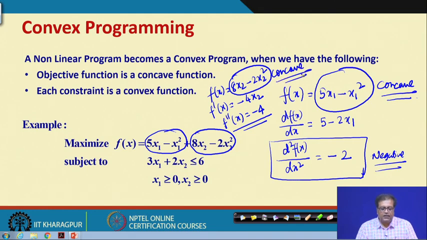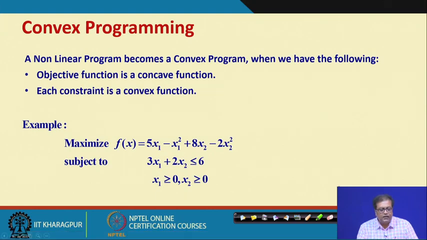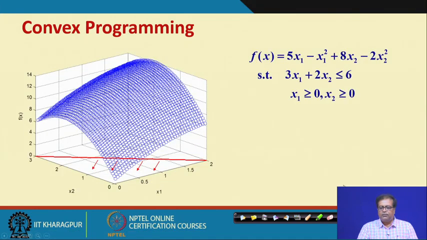So, now an interesting thing is that if I can partition a particular function into separate portions and I can show that this is concave and this is also concave, then that means the total function is also concave, all right. So, that is how you can also do it, but this is not a very simple process. So, we have to solve such problems as and when we find them, right. So, that is about convex programming.